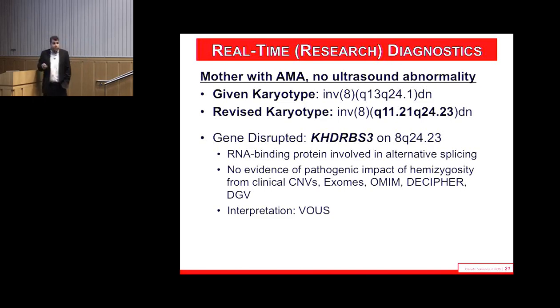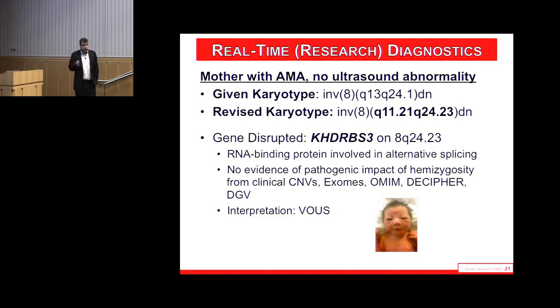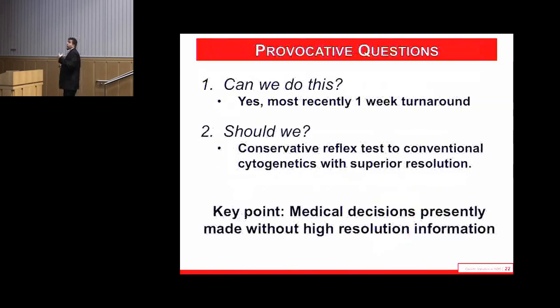And so she changed her mind and decided to go forward with the pregnancy based on these results, and you can make your own interpretation on that decision. But about a year ago now, Julian was born, and he's perfectly happy and healthy, and he's home, and the mom has given a number of testimonials and gone through these processes on how this influenced her decision in the counseling realm.